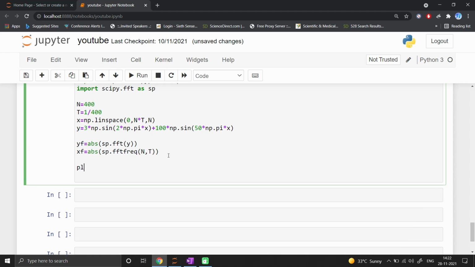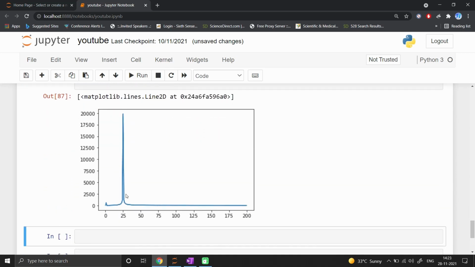And if I plt.plot, this is converted into a frequency versus acceleration graph, meaning the FFT curve. I'll simply plot xf comma yf. If I run this code, here you can see that I got the FFT curve.